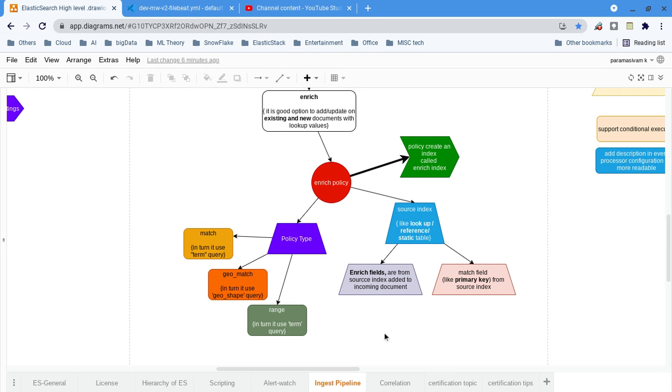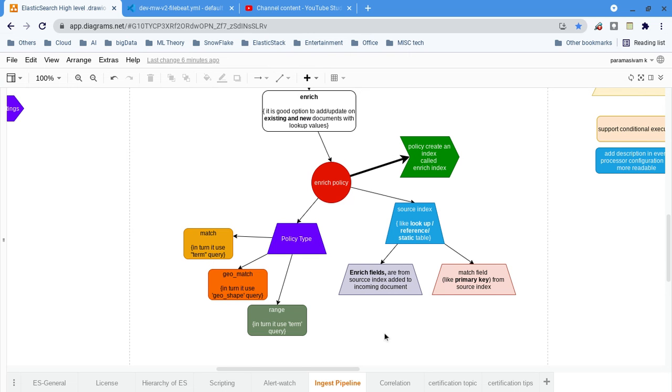With respect to enrichment, even in Logstash we can do a lookup in an index or data source. But if you want faster enrichment, you bring all those static or reference data into a separate index within Elasticsearch, then you do the enrichment, so it is pretty fast.